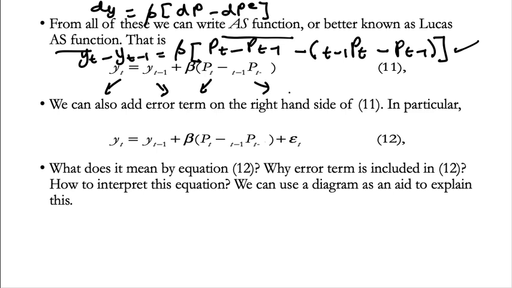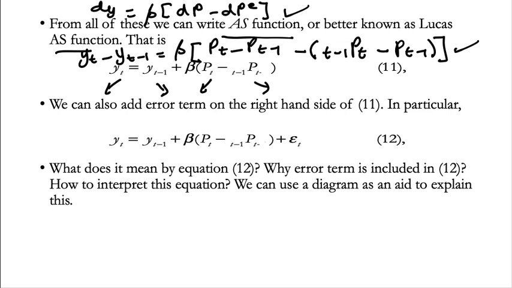Now, can you see that expression 11 looks so familiar, isn't it? Because I'm sure most of you have or are studying econometrics right now. Most of the time, data is given this way rather than in this form. Okay, now to make it look like econometrics, we add the error term on the right hand side here. So once we have this, of course, obviously it is a regression line.